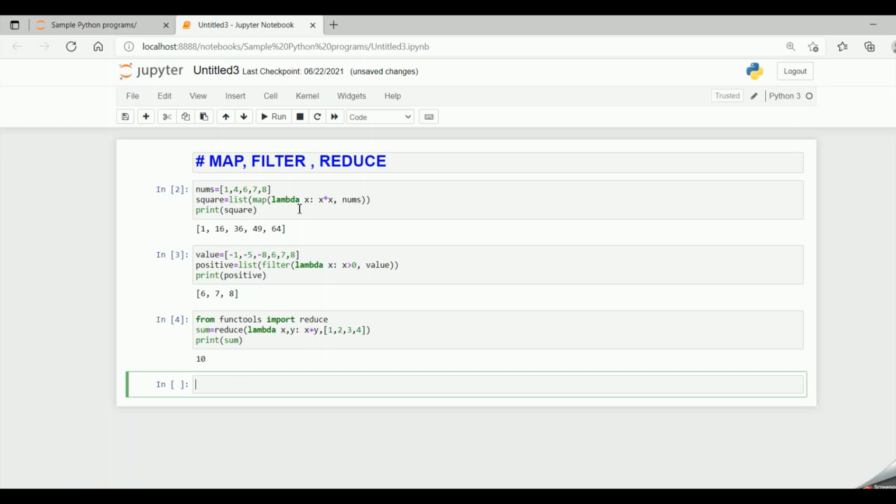So initially we are mapping, then we are filtering, then we are reducing it to a single value. All these things are very useful in cases where we do big data, wherein we collect the items, then we filter out the unwanted, and then we come to a single value. So this is a Pythonic way of representing the code: map, filter and reduce.